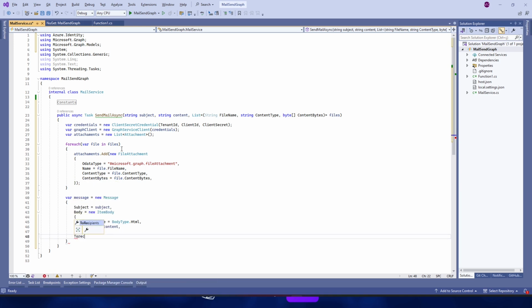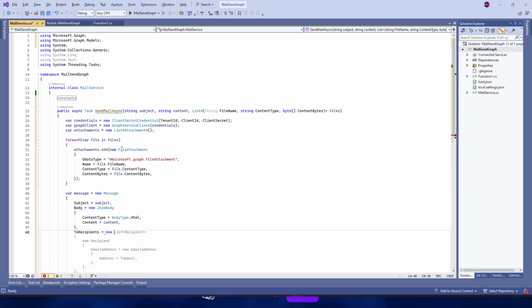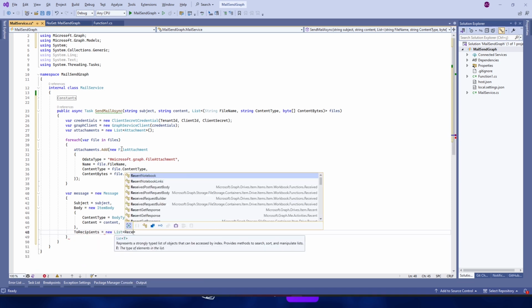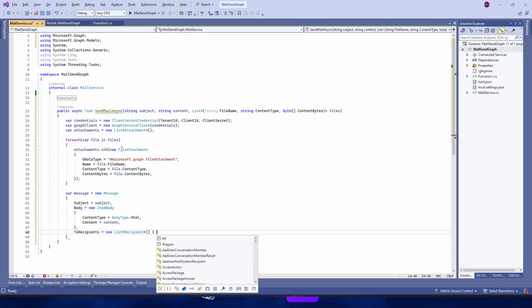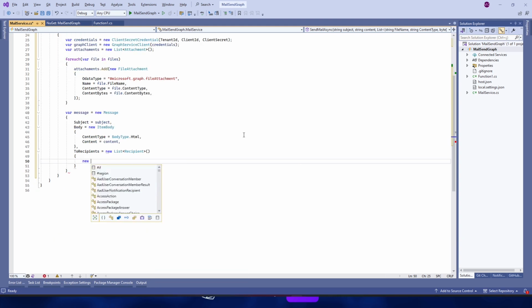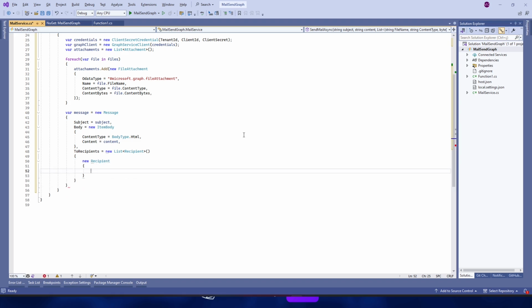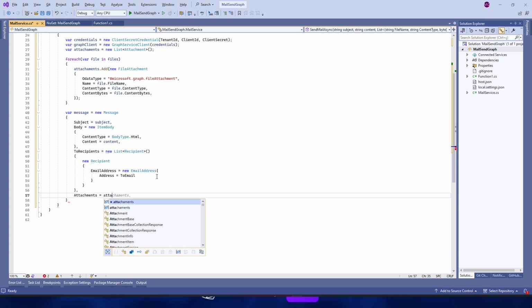ToRecipients equals new List of Recipient, new Recipient. EmailAddress equals new EmailAddress. Address equals toEmail. And Attachments equals attachments.